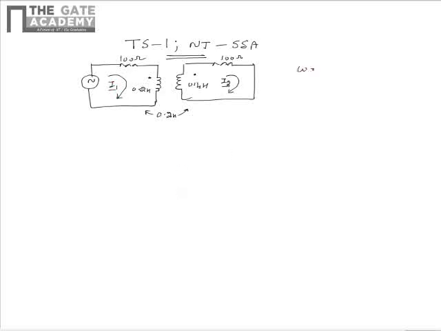If the circuit is operating at an angular frequency of 1 radian per second, we need to find the ratio of the phasors I1 and I2. So we can find the ratio of the phasors I1 and I2 by applying mesh analysis to the second mesh. Upon applying the same to the second mesh, we see that the drop across the 100 ohm resistor can